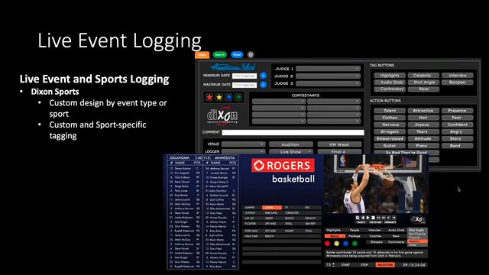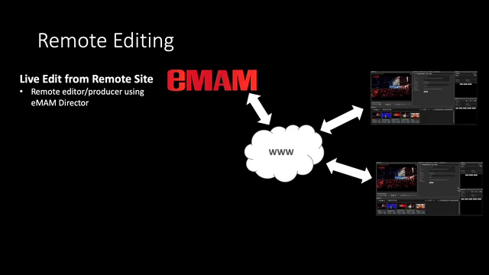The Dixon Sport also supplies the ability to actually create their own subclips as well. So again, all this metadata could also be dropped into the eMAM system. And again, for history of sporting events or things like that, I can actually go back and look at different events way back when and go specifically to a location for that.